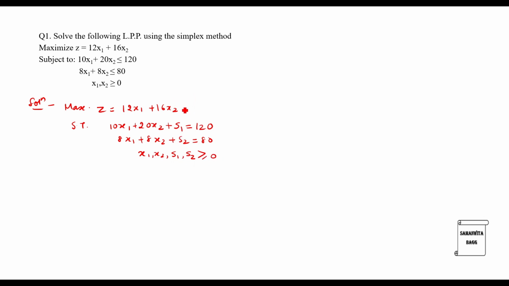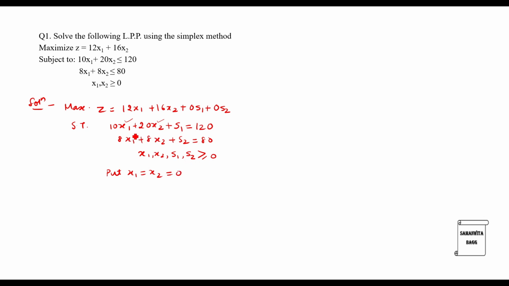Now s1 and s2 also need to be added into the objective function. It is 0s1 plus 0s2. The next thing I need to do is assume certain variables as 0, which will be the non-basic variables, which will not enter the initial basic table. So I will start by assuming x1 is 0, then I'll assume x2 is 0. If I assume s1 is 0, then the entire equation fails mathematically. So all I can do is put x1 and x2 equal to 0.